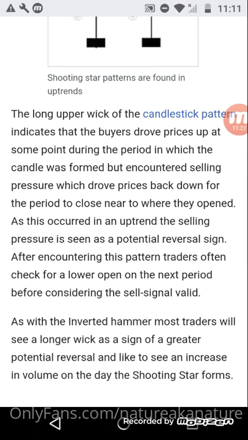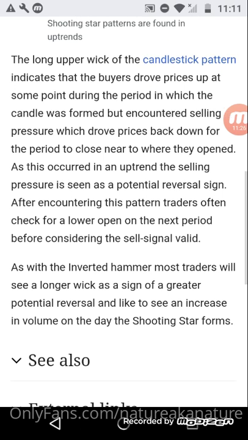As with the inverted hammer, most traders will see a longer wick as a sign of greater potential reversal, and you are likely to see an increase in volume on the day the shooting star forms. So yes, it occurs when price has been rising, and it looks exactly identical to an inverted hammer, but